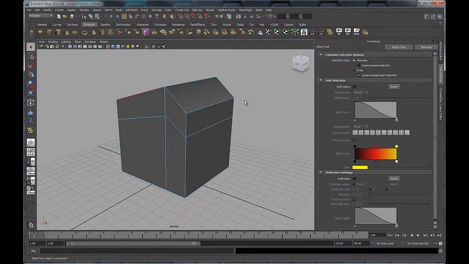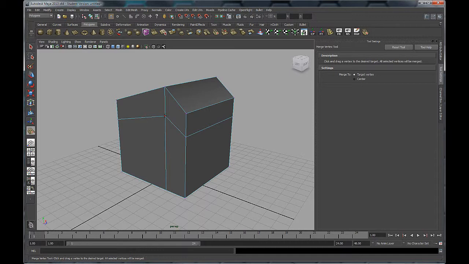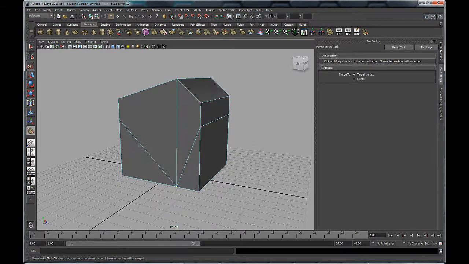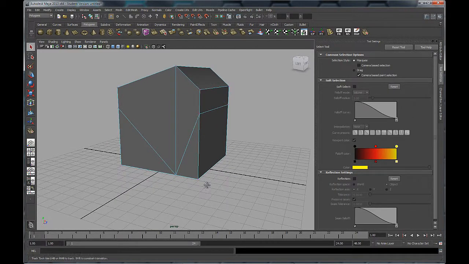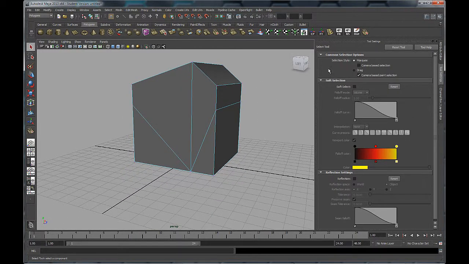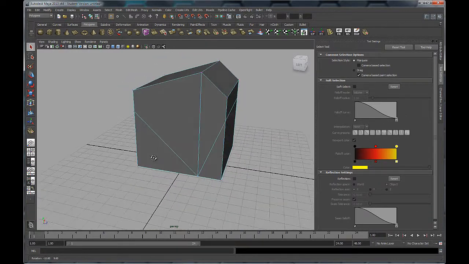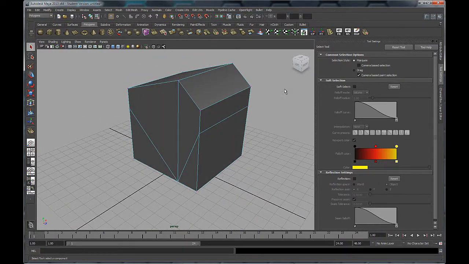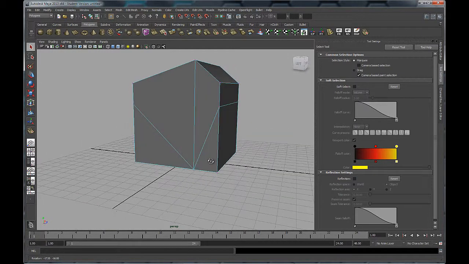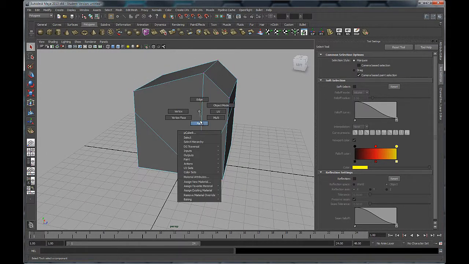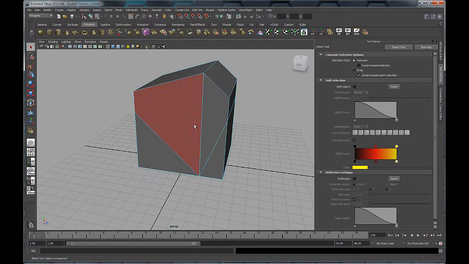So to get a bit of an idea of whether or not that's actually going to function, what I'm going to do is merge two vertices together like this. Now we'll be doing a video on the different merge options, so don't worry too much about what I've just done, but just keep in mind that what I've got now is on this side of the object I've got two four-sided polygons. So I've got one here and one here, and I've got two triangles now,